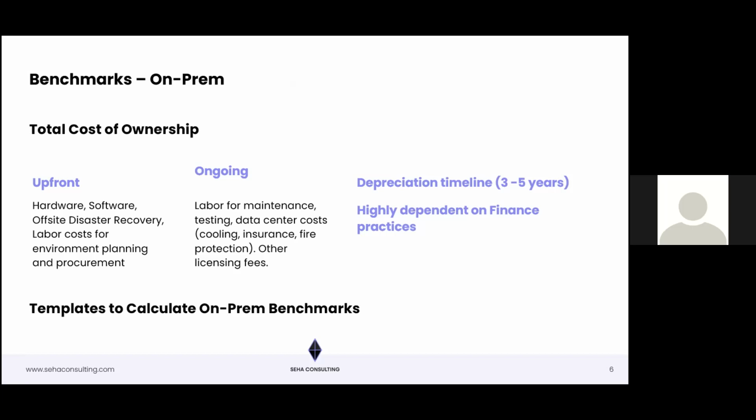Then once you get these costs, you have to figure out a depreciation timeline. What that means is, let's say you purchase a solution on-prem. You've got generally 3 to 5 years as the timeline for that specific solution. These costs that you calculate, the upfront costs and the ongoing costs, you have to spread them out over the lifetime of the solution to have that apples to apples comparison, because the costs in the cloud